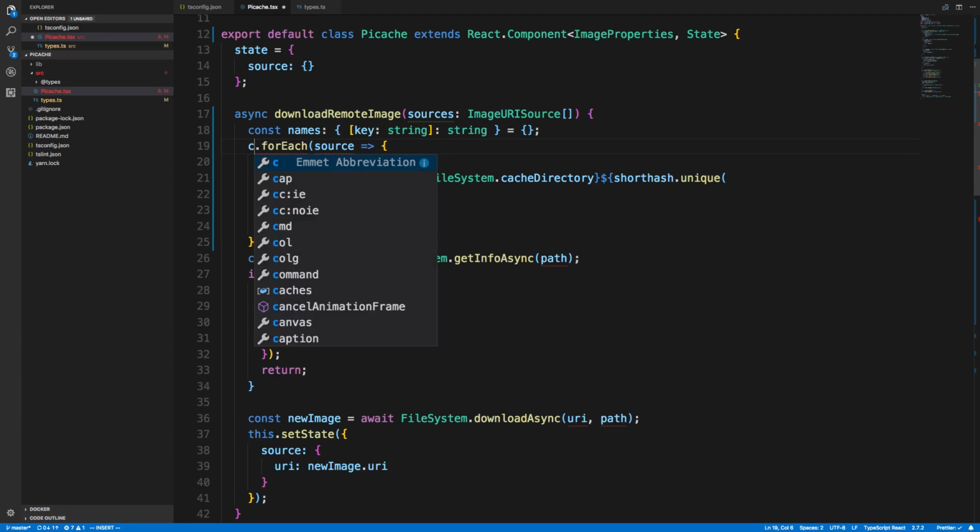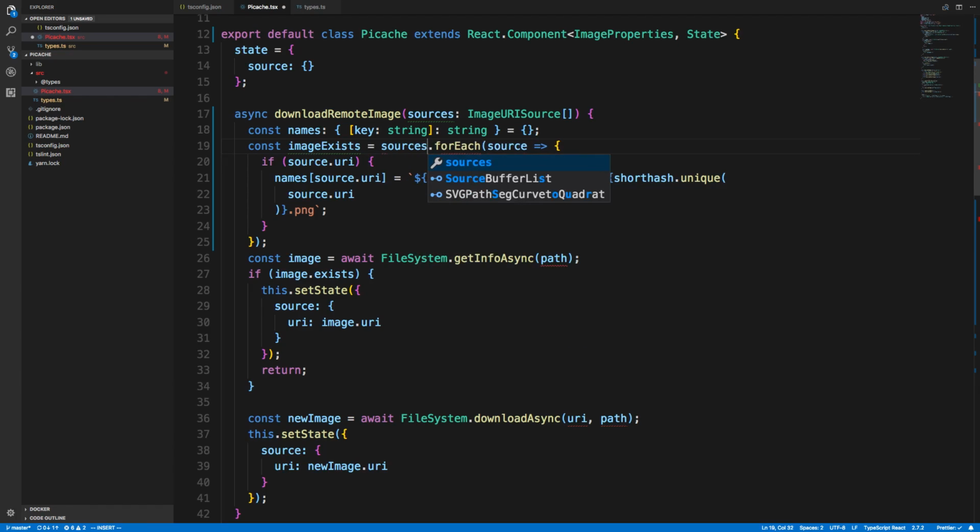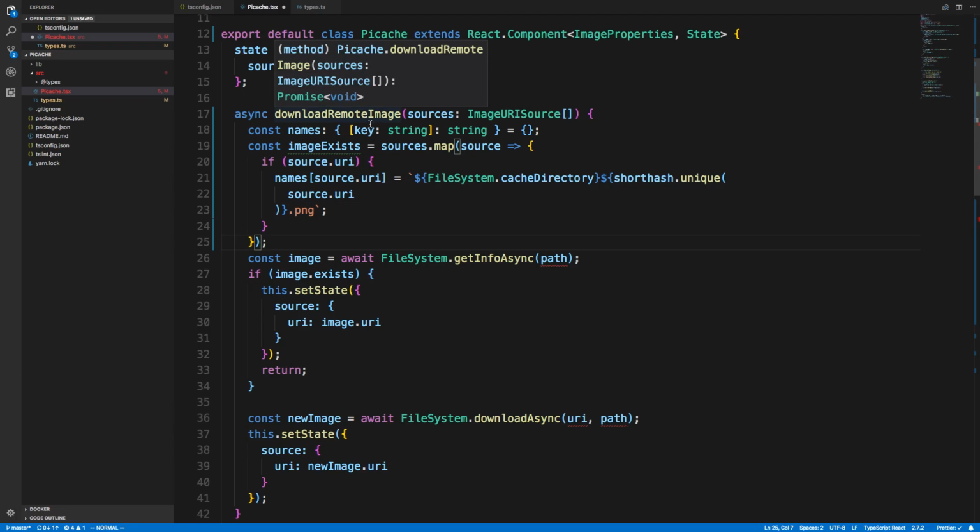So this is going to be const imageExists. So here's where we're going to check where the images exist. And we're going to say sources, and we're going to map instead of forEach, because what I want to return is a promise of this. So you know what, this is so much simpler if I actually just forget about asynchronous. I feel like it's going to be complicated going down this route. What I wanted to do is we could do